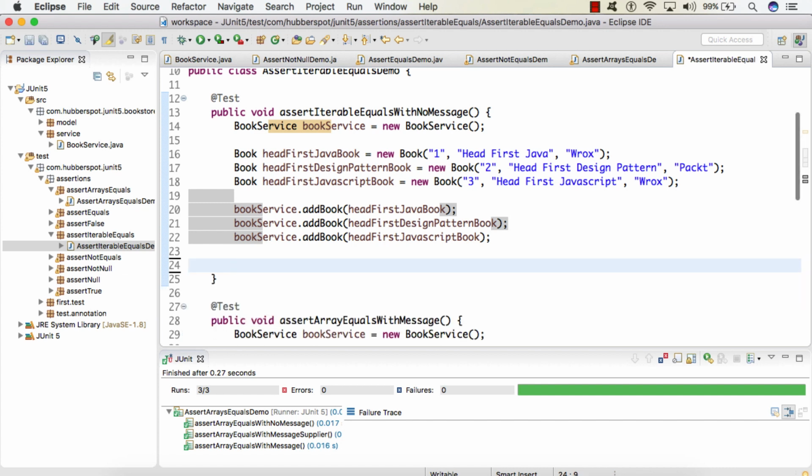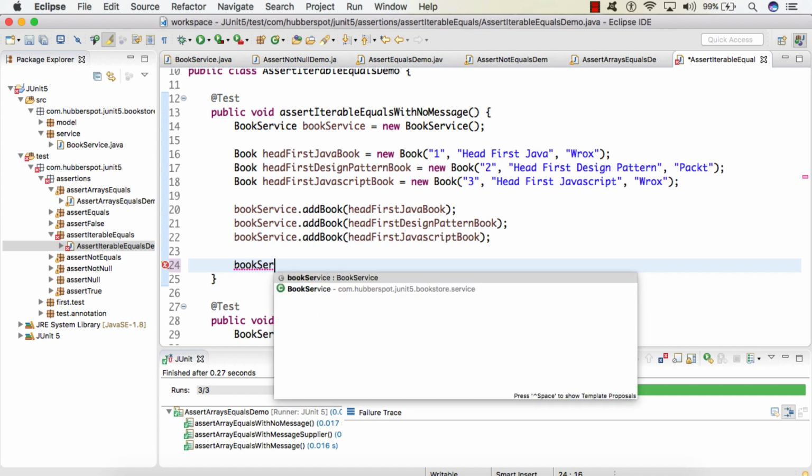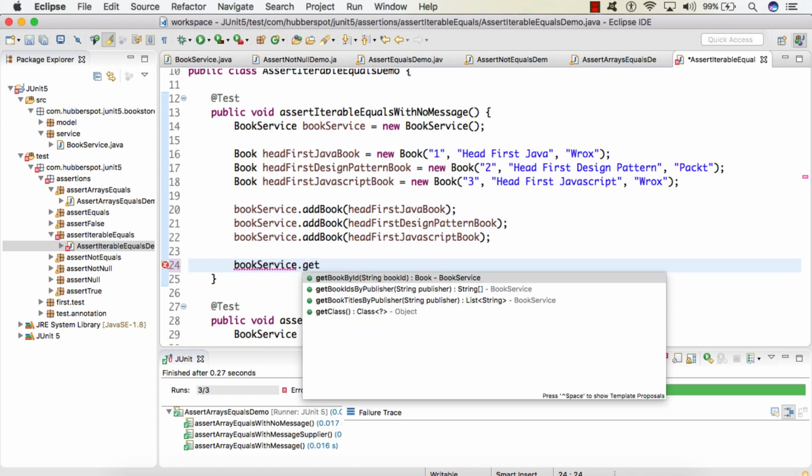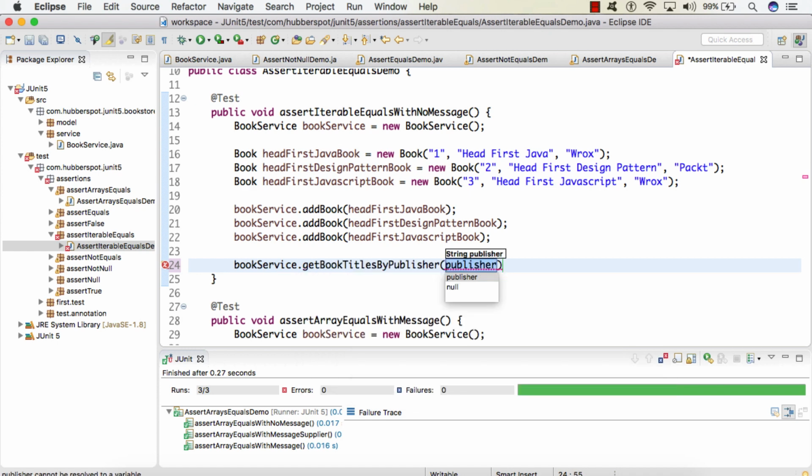Here we will call bookService.getBookTitlesByPublisher and pass the publisher, let's say Vrox. This will return a list of strings, which is nothing but a list of titles. I'll give it the name actualTitles.